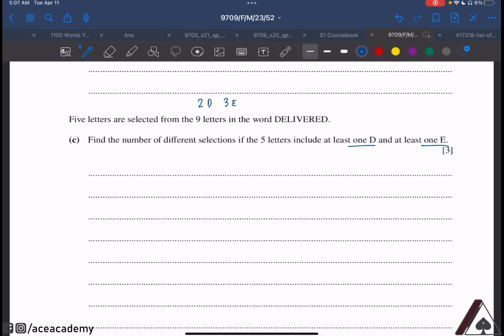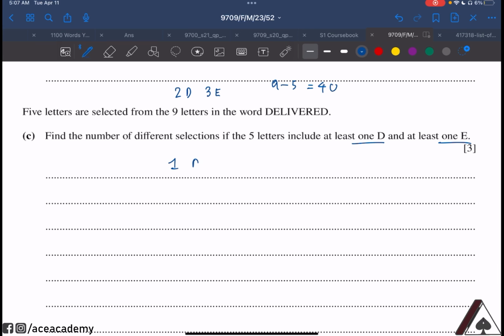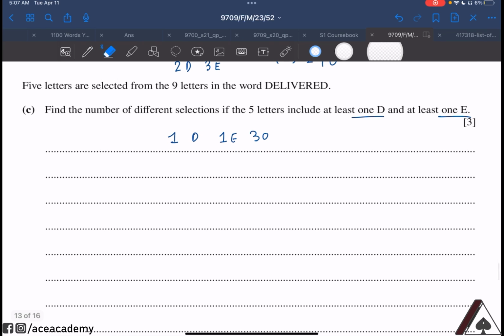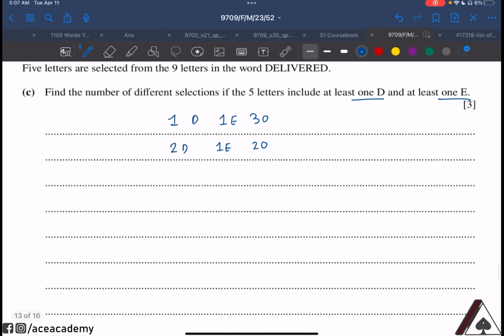So other letters were 9 minus 5 equals 4 other letters. Okay, so 1 D, 1 E, and then 3 other letters. Then there's 2 D, 1 E, 2 other letters, 2 D, 2 E, and then 1 other letter,